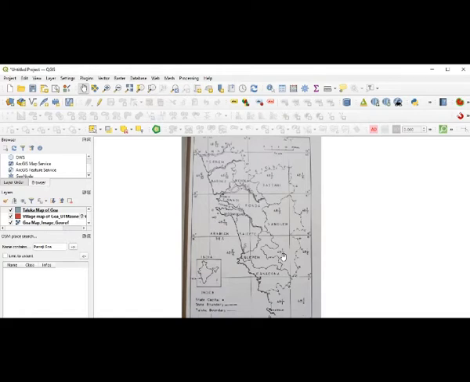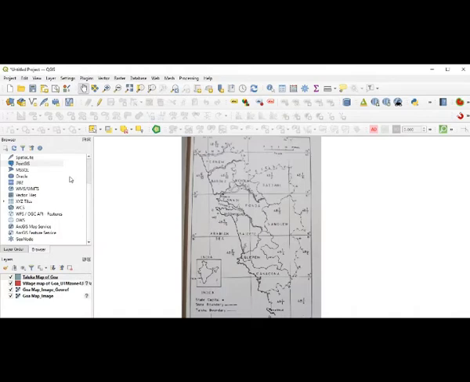So exactly how we do with the pencil, like that we are going to do it digitally and with the help of mouse. That is what it is going to be. And in the next session, some of those experts will share with you how to go ahead with the digitizing and all other things. So now I will not go for that one, but for the time being I will actually